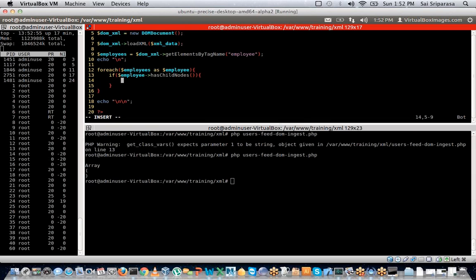If so, let's actually print the methods again, get class methods in, see what we can do here. Okay, yeah, let's actually try that. Let's just say print_r get class methods $employee. And since we only want to take a look at the first guy,